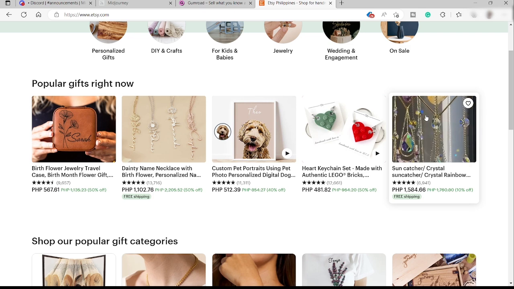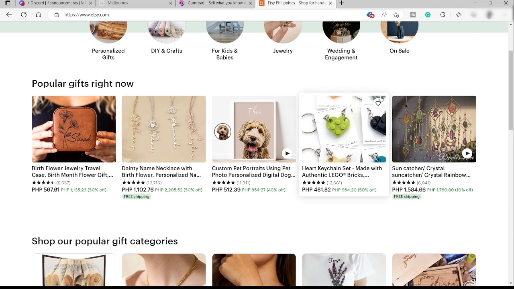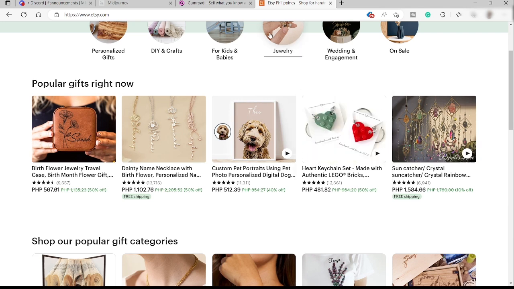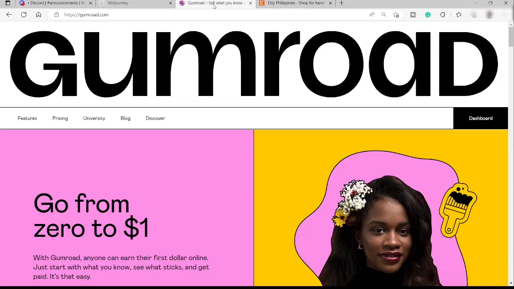So these are just two of the platforms that I recommend, but there's also a lot of platforms where you can sell digital products online. So if you just go to Google and search for it, you can see there's a lot of different platforms. But for me, these two platforms are the best when it comes to selling digital products online and earning